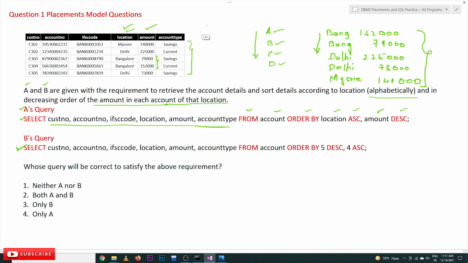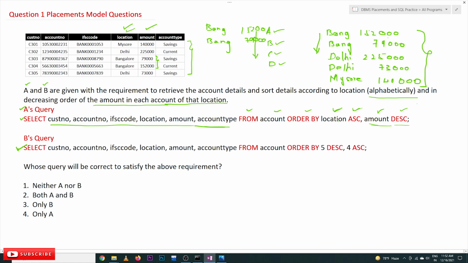So what it states is we have to arrange the accounts with respect to the location in the ascending order. Bangalore will get displayed, and based upon the amount in the decreasing order, within Bangalore this one has to be on top, and after that the decreasing order follows.